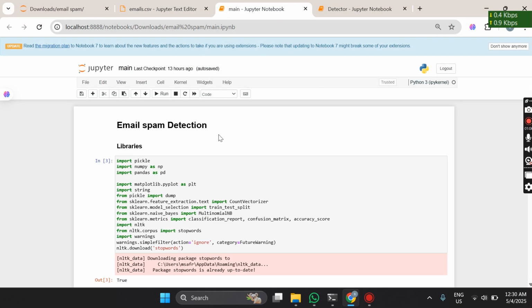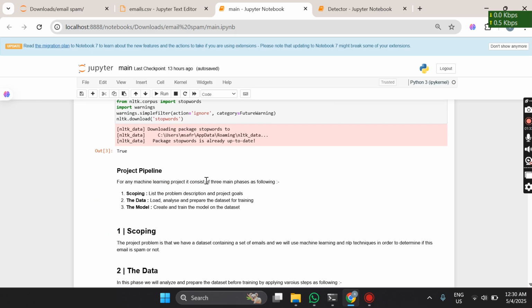So this is my file where the code is written. First, let's import the Python libraries. We will need these like tools in our AI toolkit. Pickle for saving files, pandas for handling data, string for cleaning text, and matplotlib for visualization. But I'm not using matplotlib because I'm not doing any visualization here.